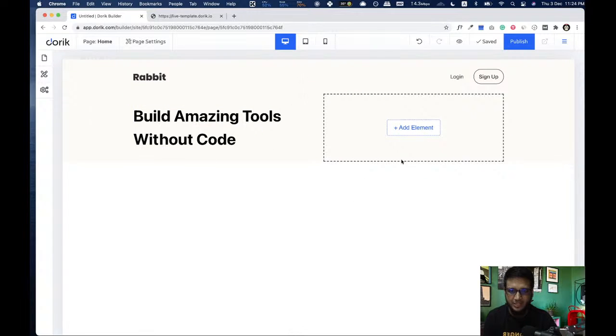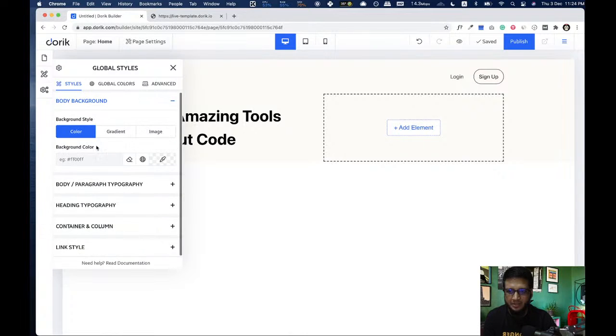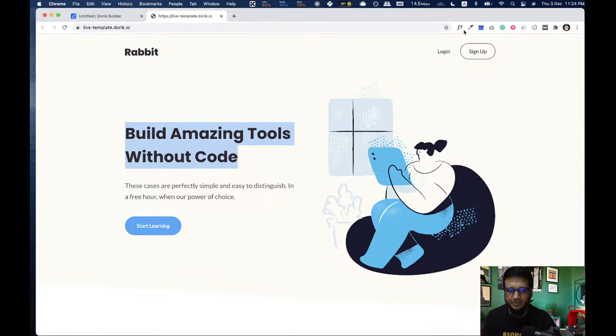So to change any font in the website, we need to go to global style, and we have body typography and heading typography. Body typography, if we select any font in here, it will be applied in buttons, any type of text except headings in the entire website. So I'm gonna just update it here because we are right here.